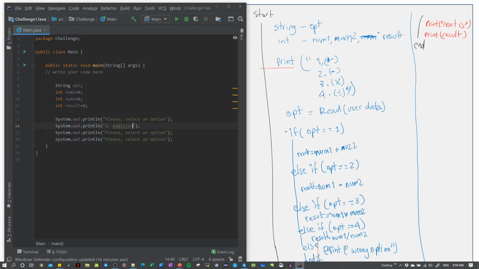Okay, addition, subtraction, then we have multiplication, and finally we have division. So as you remember from previous class,